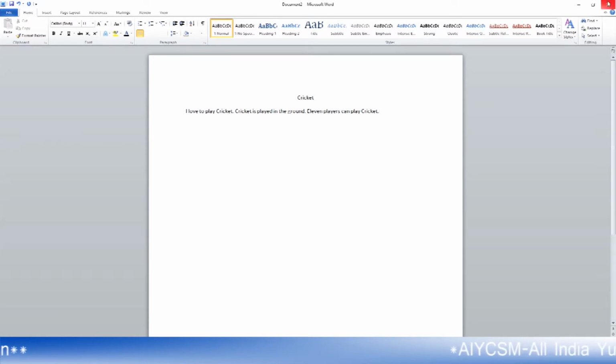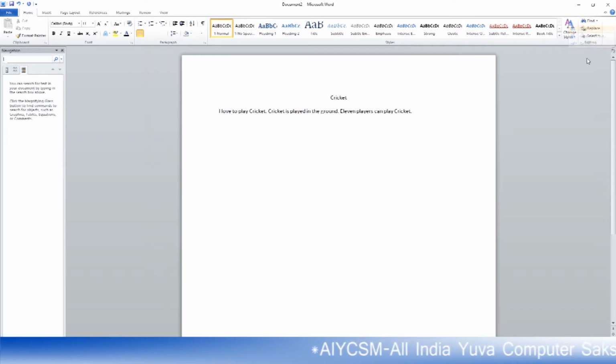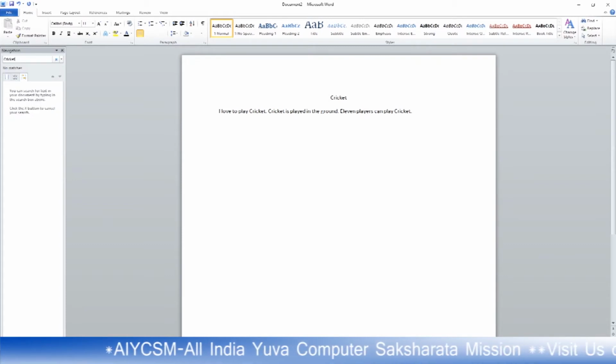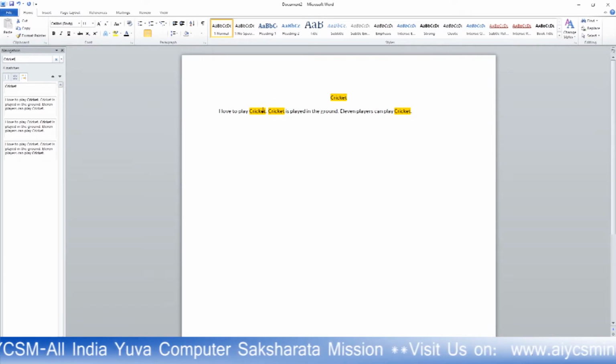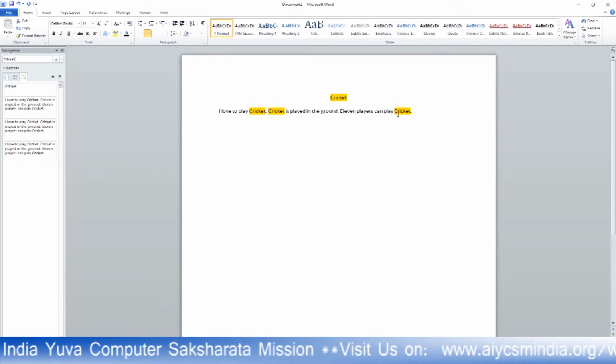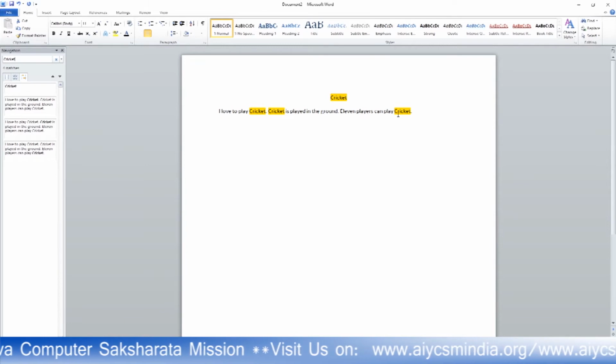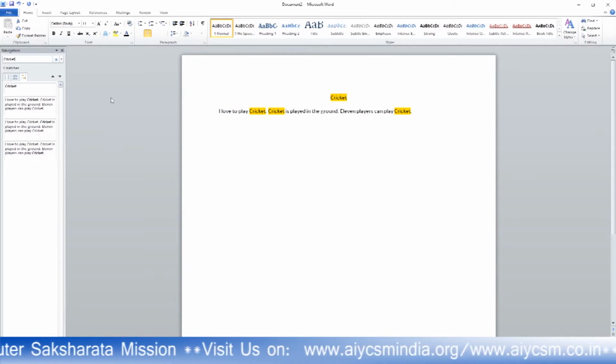Now what is the actual intention of using this find option? If you want to find something, click on find and write on the search bar of this find option, cricket. You will see it will highlight all the cricket that it finds.